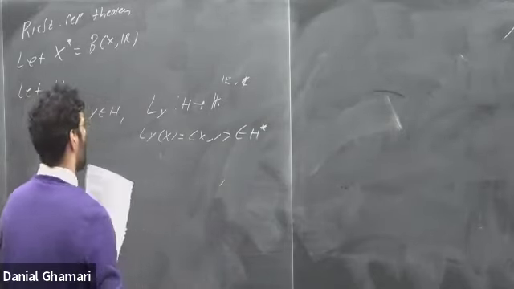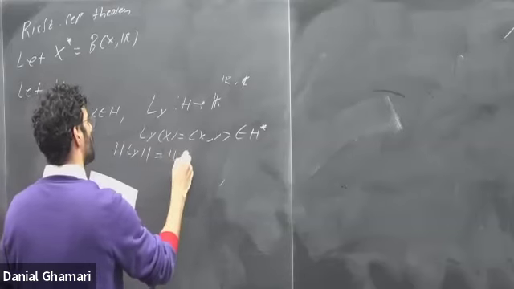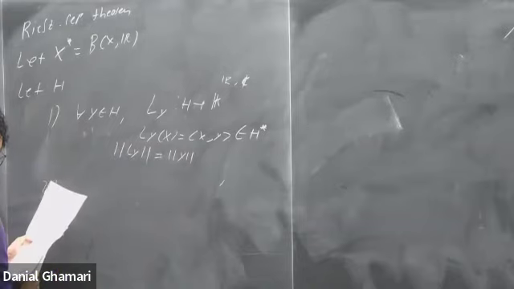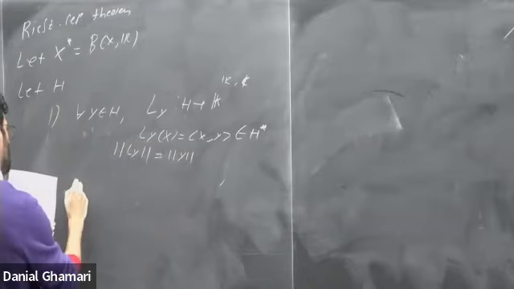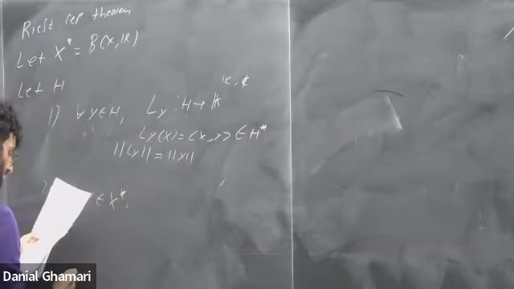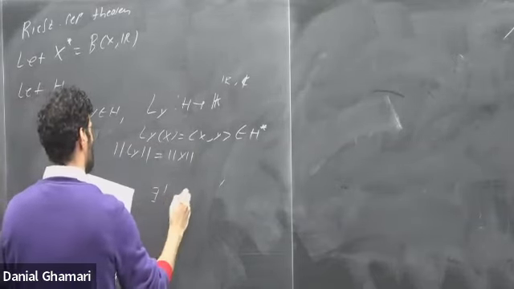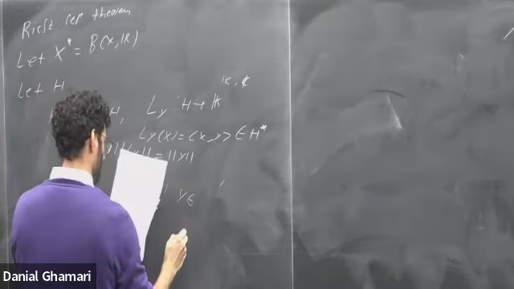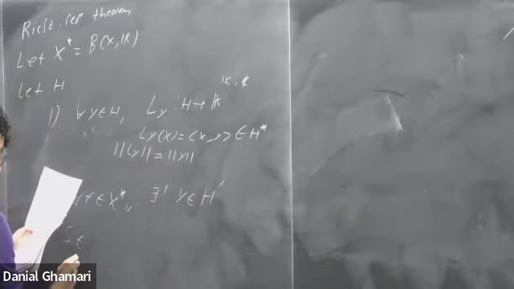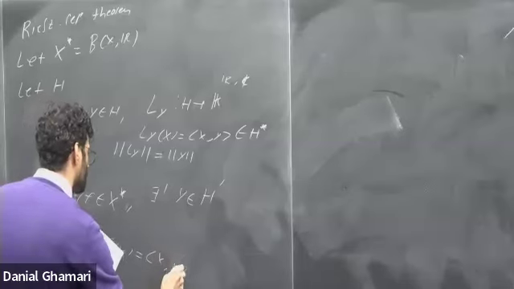And then we have an extra property that the operator norm of Ly is equal to the norm of y. And then the second property is that for all f an element of the dual space, there exists a unique element y, an element of H, such that f of x is actually just equal to this element.